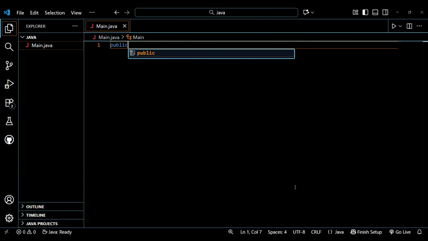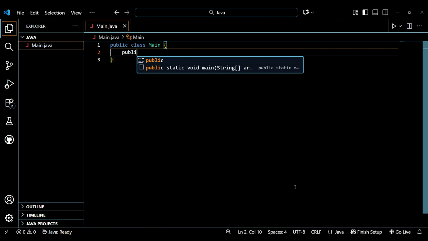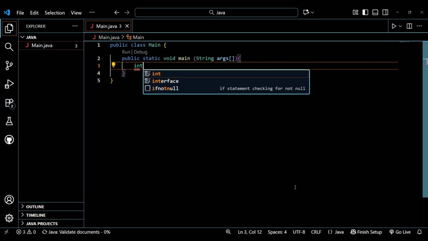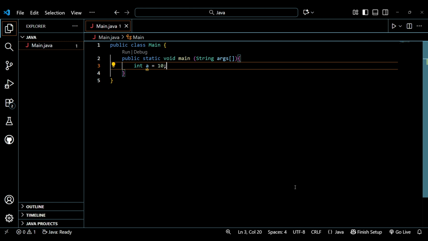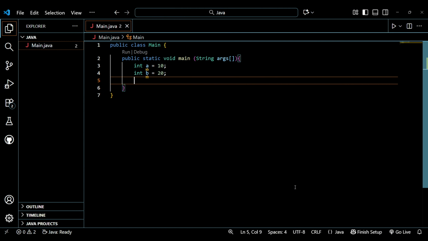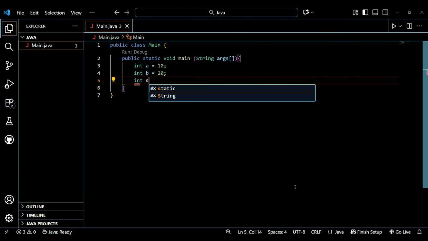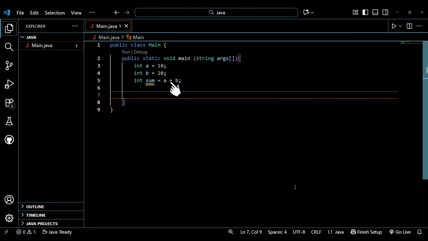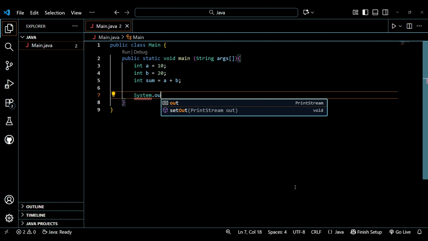Alright guys, now let's do a simple program to find the sum of two numbers in Java. Here I have written int a is equal to 10, int b is equal to 20. So a and b are two integer variables. Now I will create one more variable to store the result of their addition. Int sum is equal to a plus b. Here, the plus operator is used to add both numbers. Finally, I will print the result using